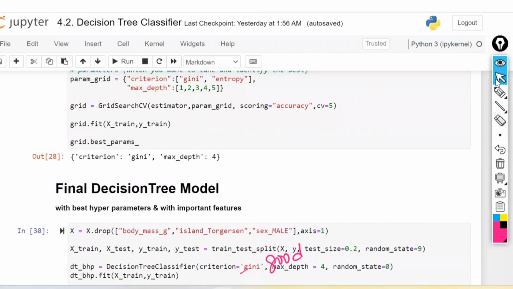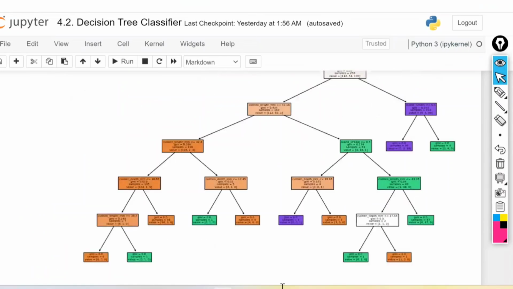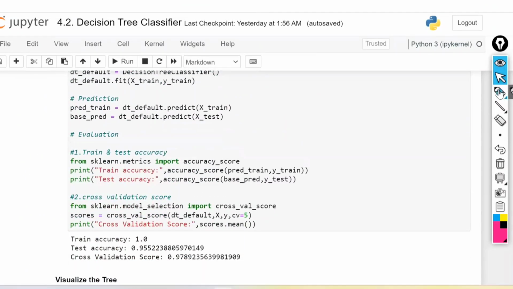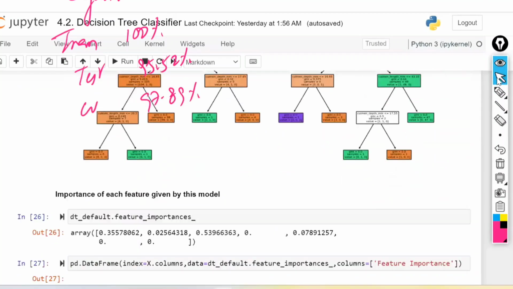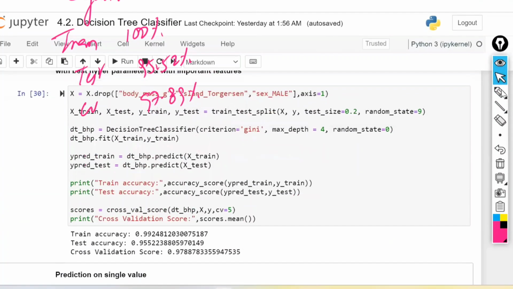Your default model, let me write down the default model. Default model: train accuracy is 100%, test is 95.52%, and CV is equal to 97.89%. This is the default model, and finally you concluded this one as good.